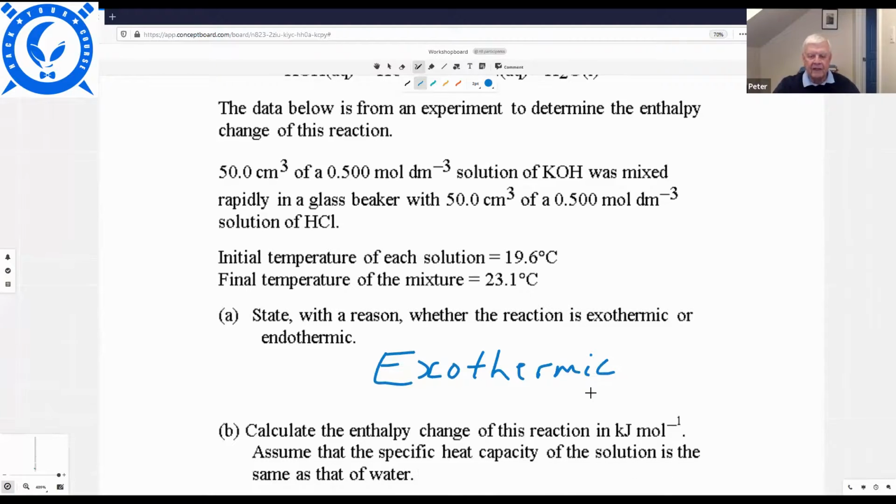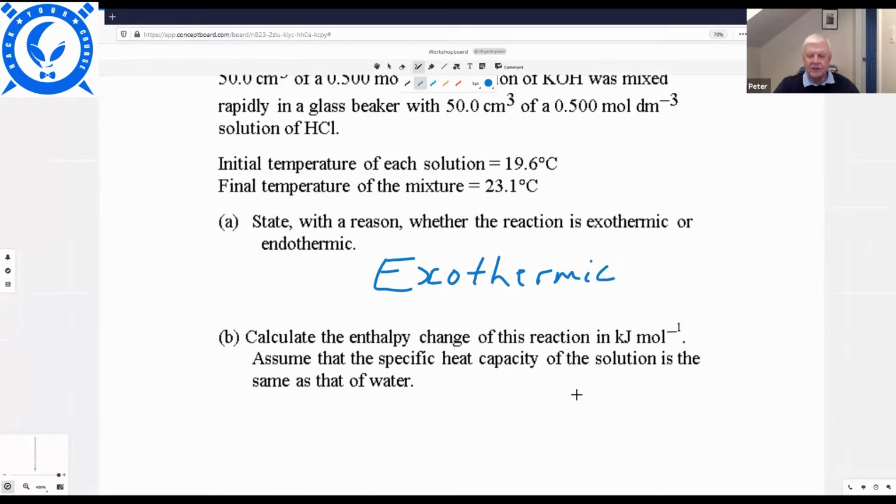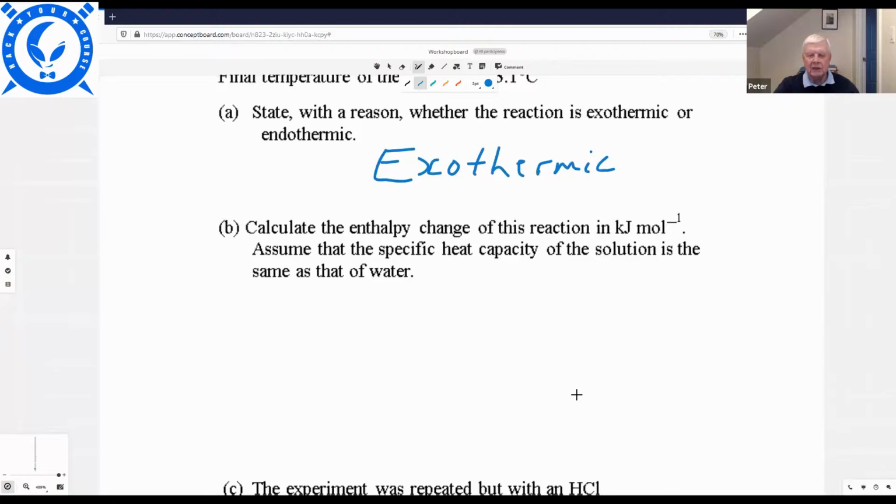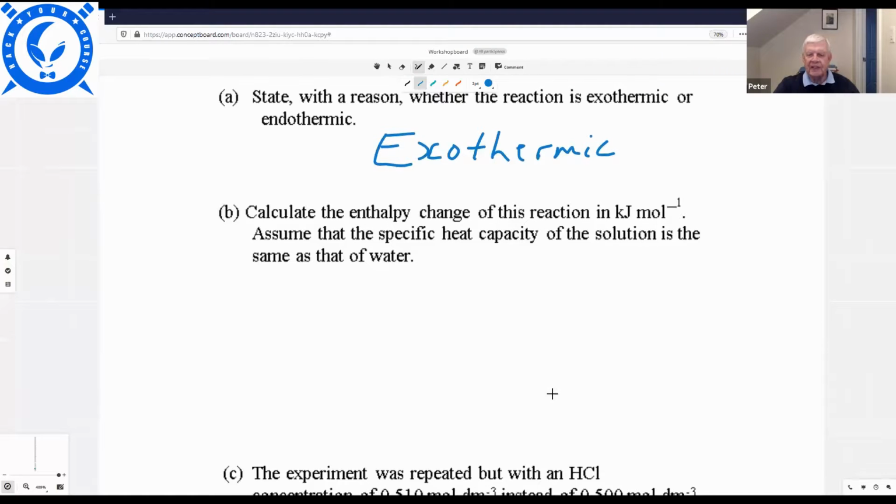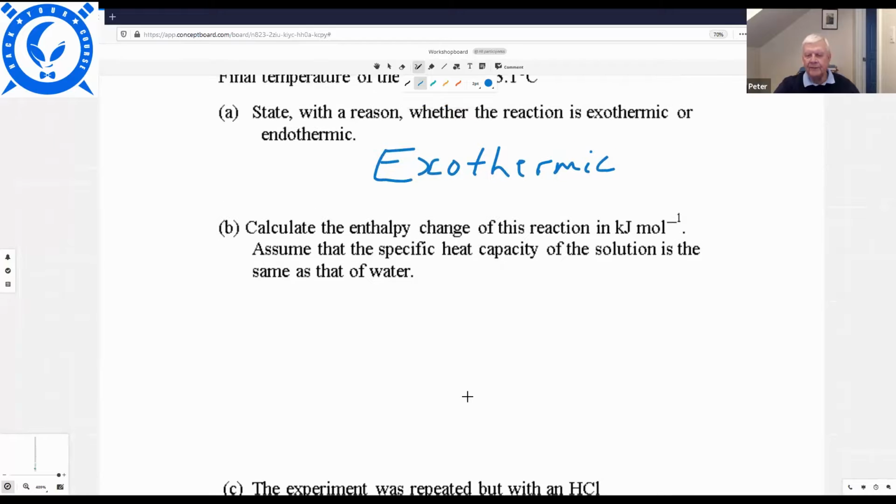Okay. Then they want you to calculate the enthalpy change of this reaction in kilojoules per mole, assuming that the specific heat capacity of the solution is the same as that of water. Whenever you're measuring the heat transferred, you always think of the standard equation, Q = MC delta T. Q represents the amount of heat transferred, M is the mass, C is the heat capacity, and delta T is